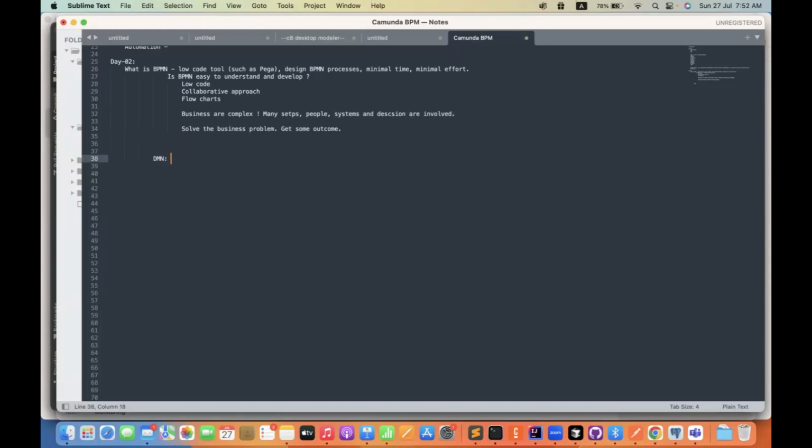Yeah, it's decision management, right? Where can we use that? It's a different specification altogether, which is governed by the Object Management Group, similar to BPMN. You use it to automate your business decisions by using algorithms, also known as hit policy. And this DMN will be integrated within your processes